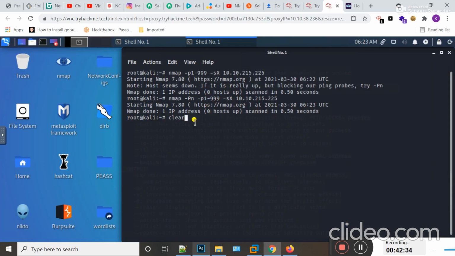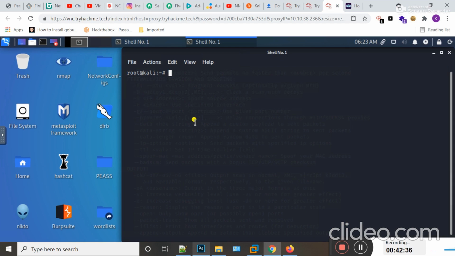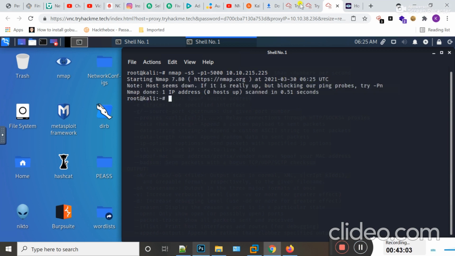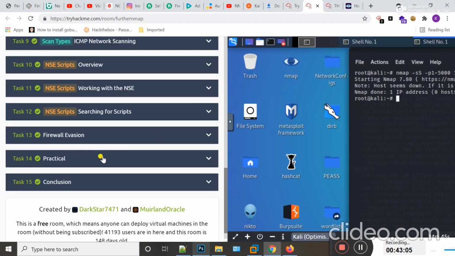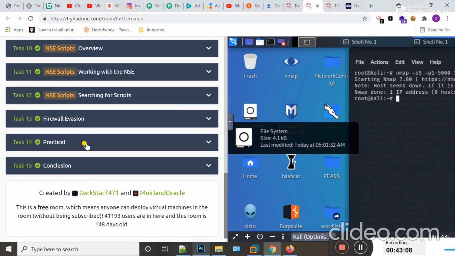Okay, if I type here nmap and then for a TCP SYN scan, I should type the -sS switch and then the target IP address, and I should also specify the number of ports, that should be 5000 ports, and hit enter. So now all the results should be displayed.